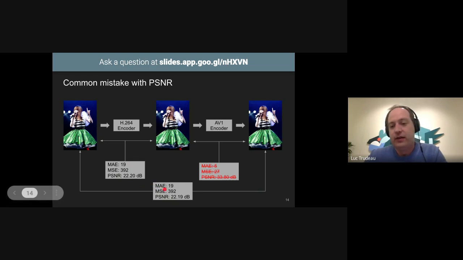Now you'd say, well, wait a second, AV1 is supposedly so great. Why can't it do better than H.264 in this case? Well, the quality was lost in the encoding phase of H.264, and you'll never get it back, right? There's nothing AV1 can do. No encoder can bring that back. That quality was lost. So when the AV1 encoder runs, it's just going to take whatever it has as the reference, in this case the H.264 stream, and do the best it can to encode that and give you the best quality possible, but it can't go over what the other one was doing.